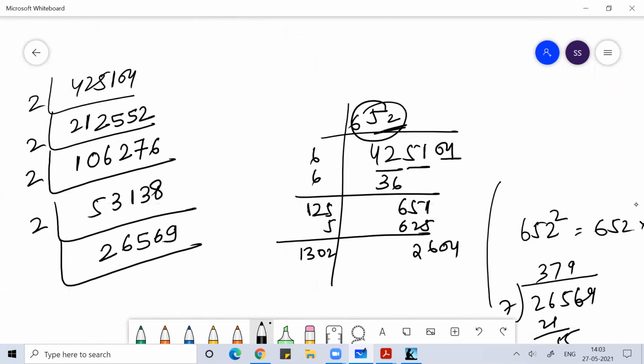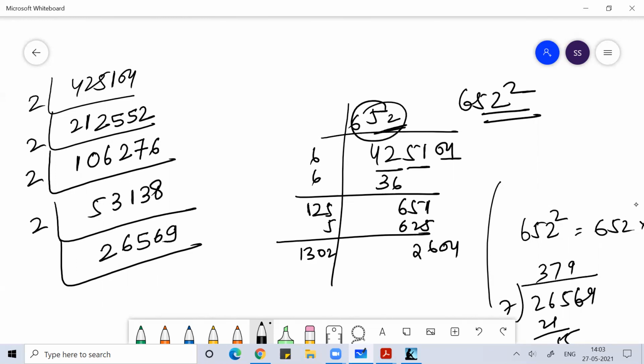Anyway, so easy. This number is 652 square, याद रखना ठीक है। You can remember 652 square, 425104. 652 divided by 2, 326; divided by 2, 163; divided by 7, 7 से नहीं जा रहा ना।